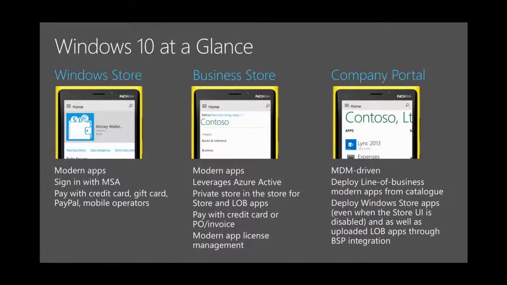Applications is also a big change in Windows 10, also for mobile devices. With Windows 8, we had a Windows Store where users could buy applications using their MSA or download applications using their Live ID MSA infrastructure. We also had what we call the company portal or your private catalog. Your MDM system could have a catalog of apps that are getting installed on these mobile devices through the MDM system. You could develop those apps yourself.